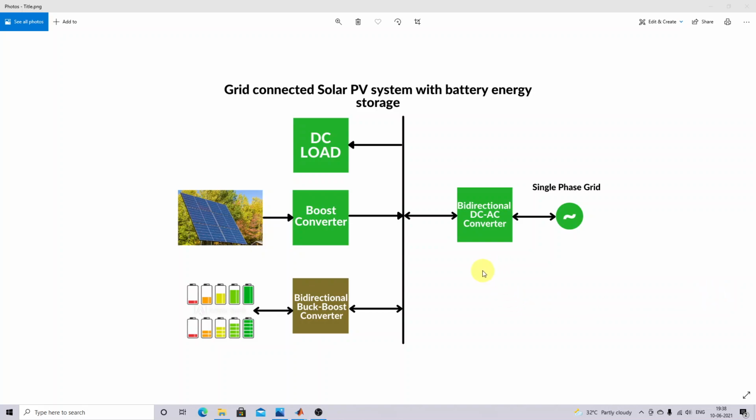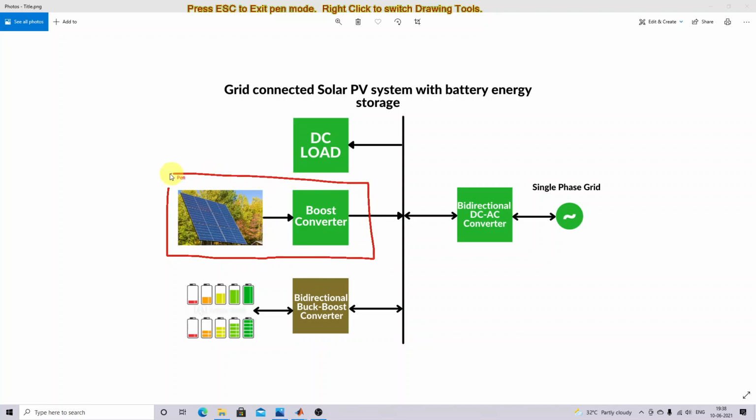So it consists of solar panel, and is connected to the DC bus via boost converter. So this will act as a DC bus, this line, and then it has battery storage. So the battery storage is connected to the DC bus via bidirectional converter, and the DC bus has some DC load,